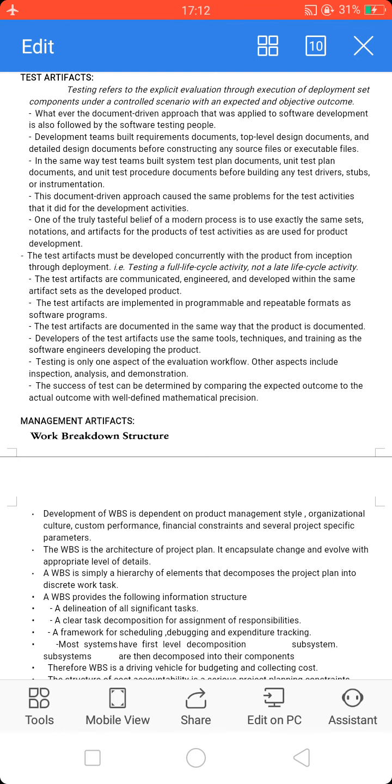Third, these testing artifacts are implemented in programmable and repeatable formats as software programs. Next, test activities are documented in the same way that the product is documented. Lastly, developers of the test artifacts use the same tools, techniques and training as the software engineers developing the product.